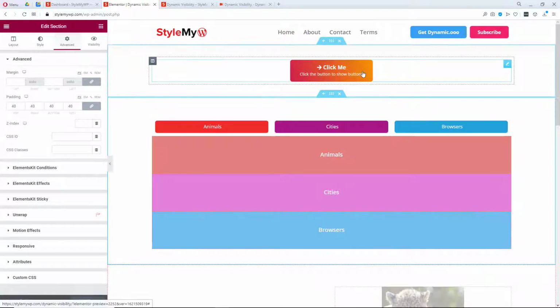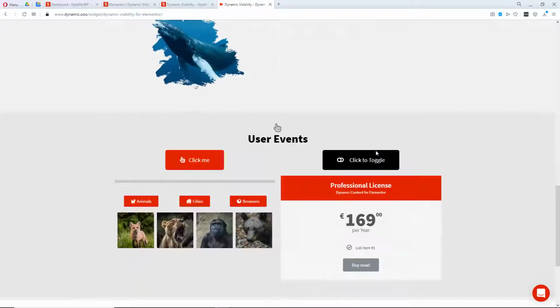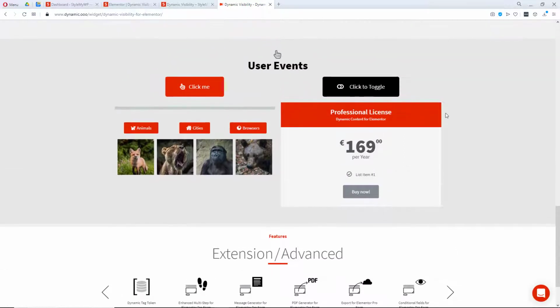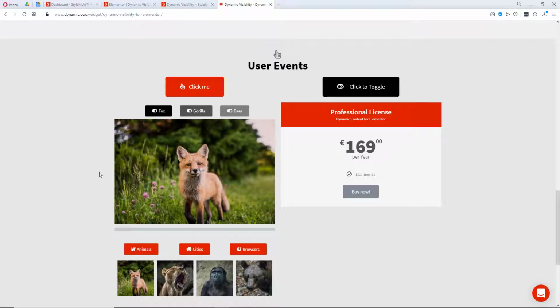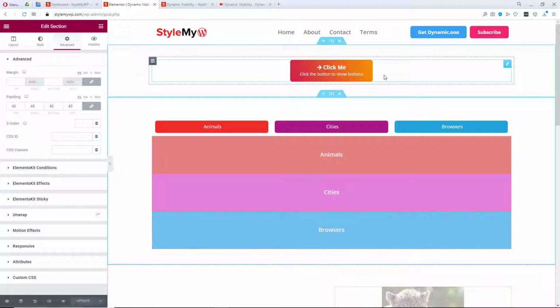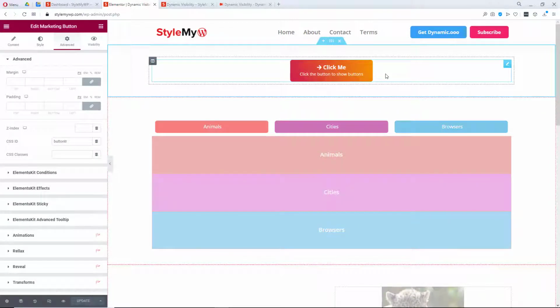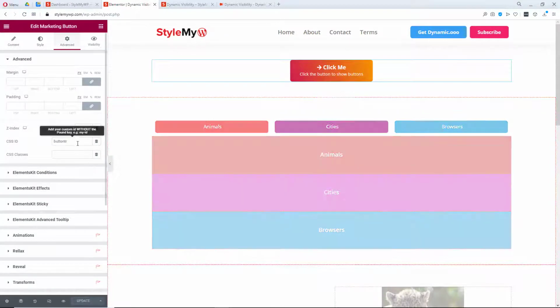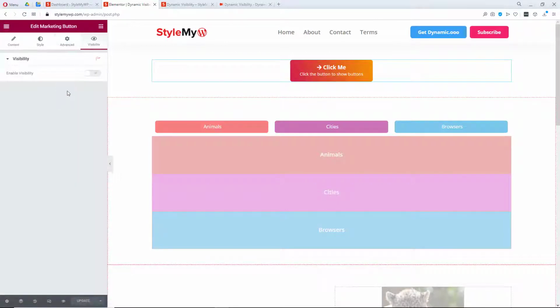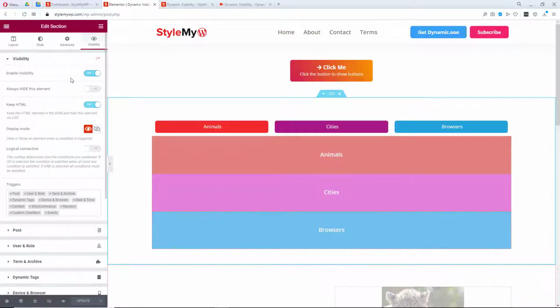So to do this, I am using this effect only. So this effect, you can assume, is click me or toggle me. Here in this button I have used toggle. I have given it a class and I have enabled the visibility of this section based on that class.